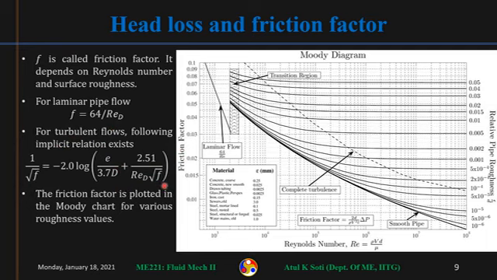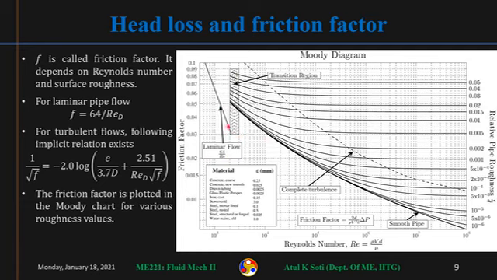This friction factor is what has been plotted in this plot. So this is called the Moody chart. Moody was the engineer who plotted or charted this friction factor as a function of Reynolds number and surface roughness. So in this chart you can see for low Reynolds number when flow is laminar, you see this 64 by Re_D plot, that is for laminar flow cases. And when you increase the Reynolds number, this is the transition region. So there is a transition region.